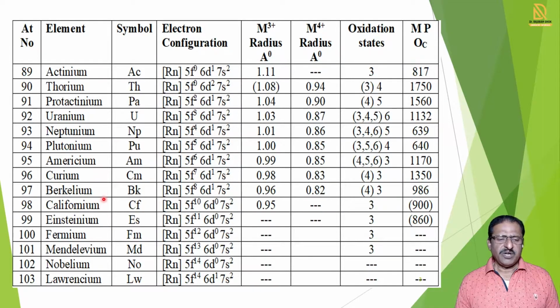So you see here Americium, then Californium. These are the names of countries, California, America. Then Einsteinium, that is the name of a scientist. Curium, that is the name of a scientist. Berkelium, so these are the names. Mendelevium, that means the name of Mendeleev.